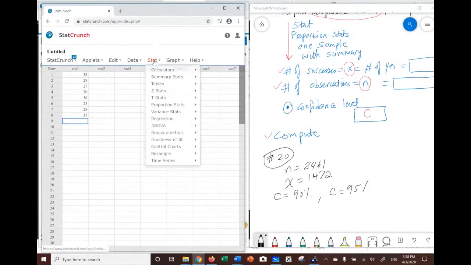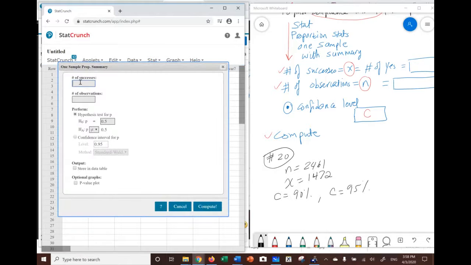Now we're going to go to Stat. We're going to go down to Proportion Stats, one sample with summary. Again, one sample with summary. And we click on with summary, and it says what's the number of successes. The number of successes, remember, X is the number of successes. You always start with X, which is 1472. Now, what is the number of observations? It's going to be